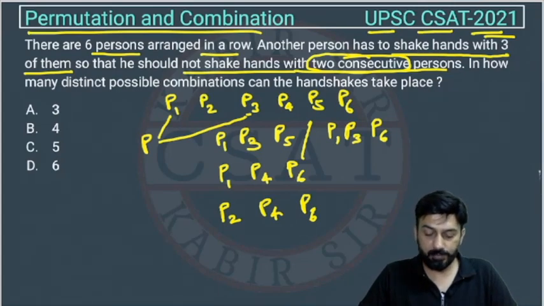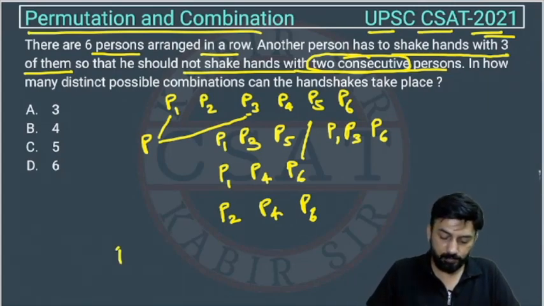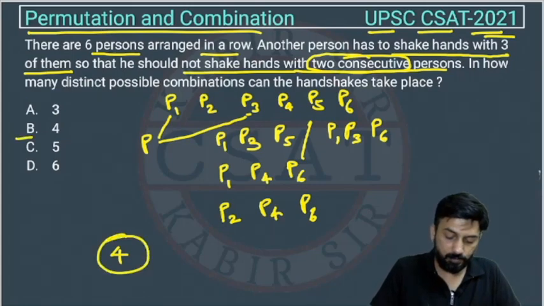So how many cases are there? First, second, third, fourth. So there are 4 possibilities. So the answer is option B. So this is the answer, option B,